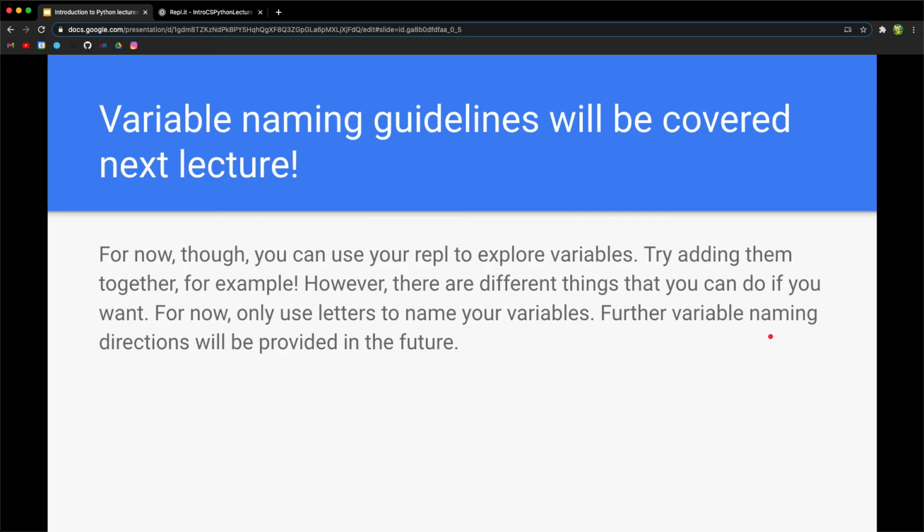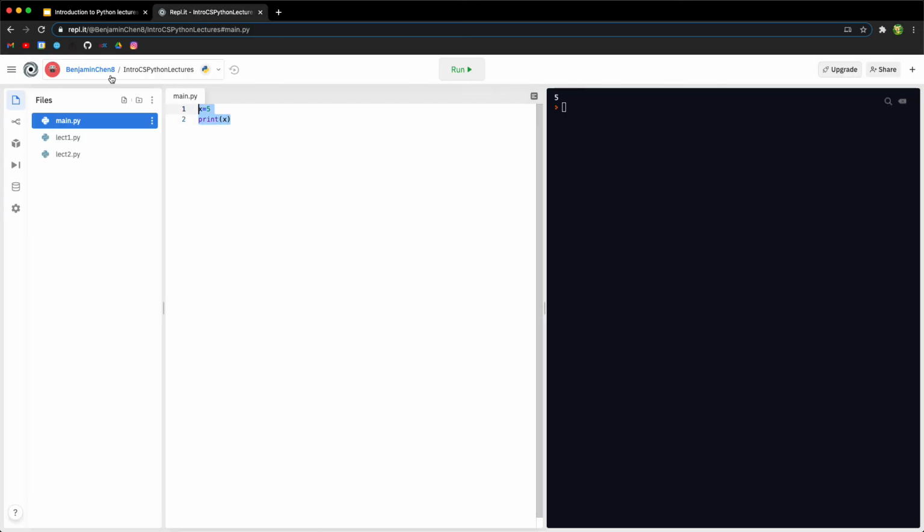Variable naming guidelines will be covered in the next lecture because there are a lot of rules that you have to follow or should follow when naming your variables. But for now, you can use a REPL to explore variables. Try adding two variables together, for instance. For example, you might say